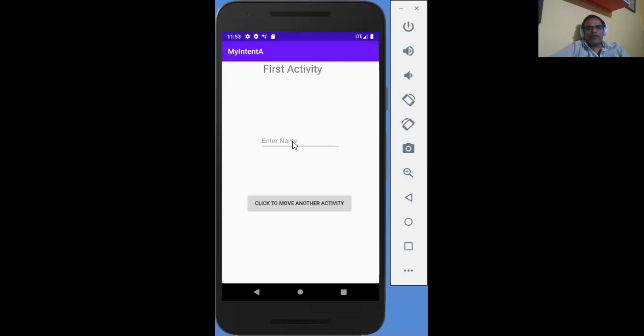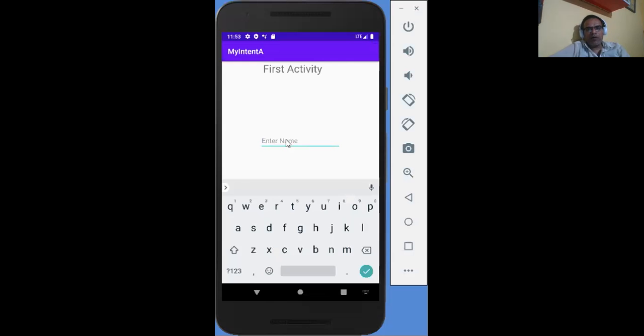So now the first activity, enter name. When you click on the enter name, here you can enter the name by using the physical keyboard or virtual keyboard, whatever. So like you write here, Raj Kumar. Okay.